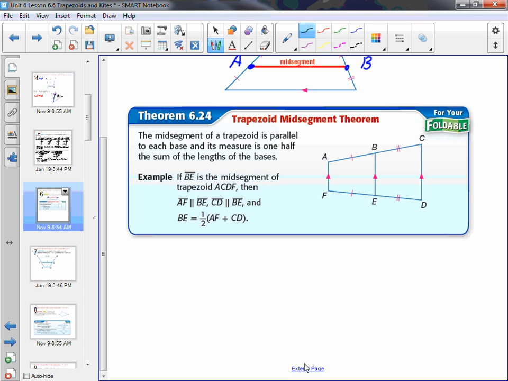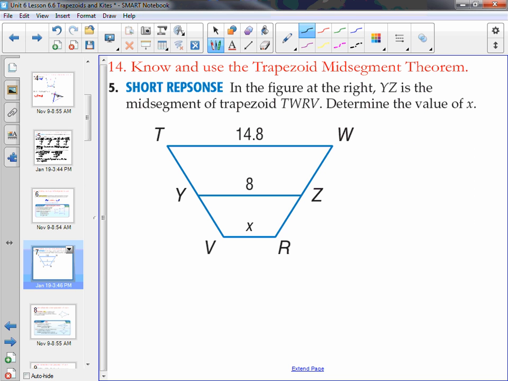1/2 the sum of two numbers. Isn't that the average of two numbers? Okay? The length of the mid-segment is the mean of the lengths of the bases. The length of the mid-segment is the mean of the lengths of the bases. All right. Number 5. In the figure at the right,